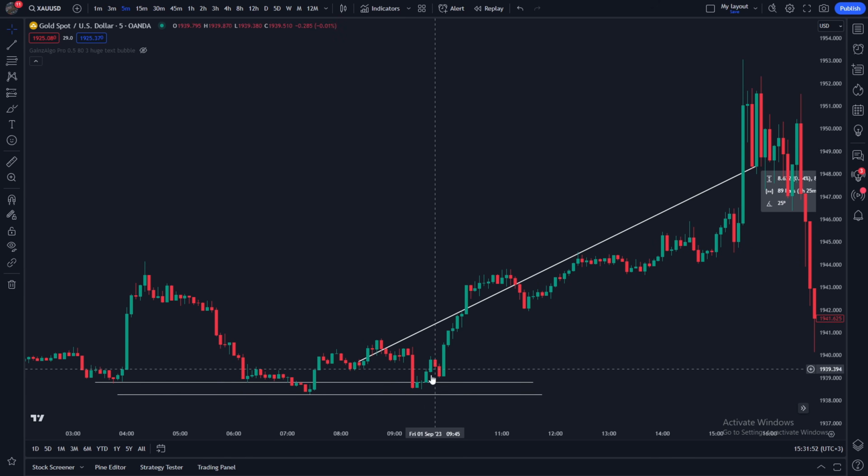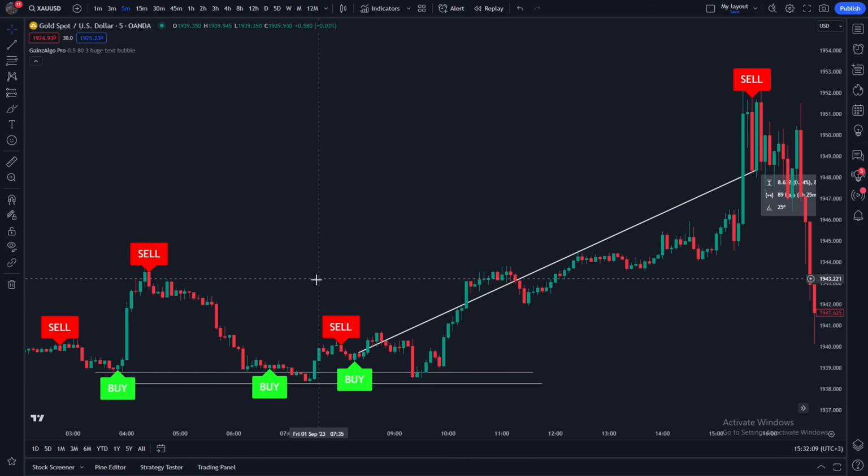Now, had this price drop broken out of this area, then perhaps we would be talking about possibly a stop loss hit. But in this case, it would not have been hit, right? So if we just turn on the signals, once again, as you can see, we got the buy signal here,